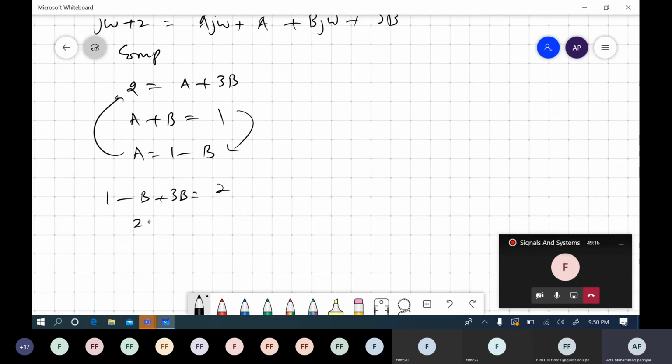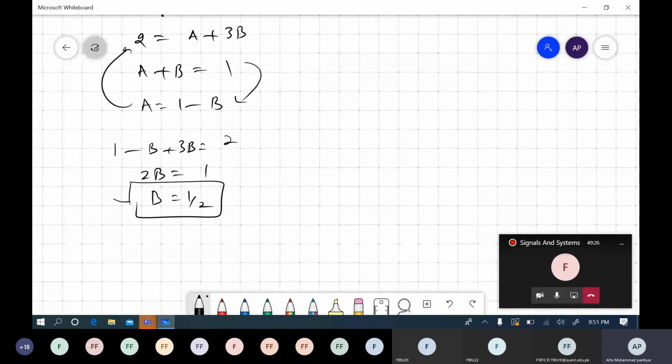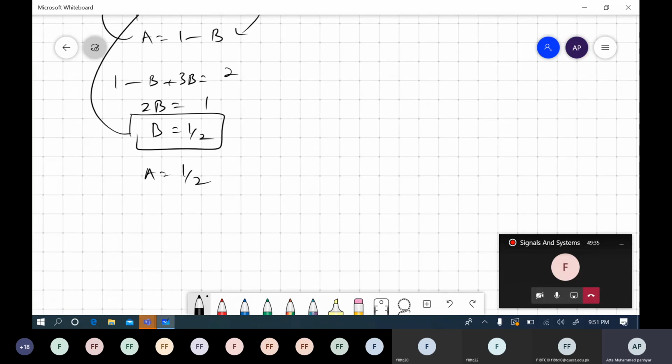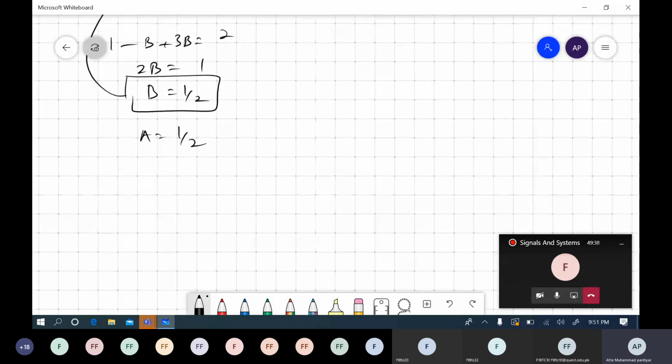Now substitute this value here, then what we get is 1 minus B plus 3B is equal to 2, right? And now 2B is equal to 1, then B is equal to 1 by 2, right? And putting this value in this equation, you get A is also equal to 1 by 2, because this half is subtracted when you take that half to the other side of the equals. Then what we end up with is 1 over 2 times 1 over j omega plus 3 plus 1 over 2 times 1 over j omega plus 1,